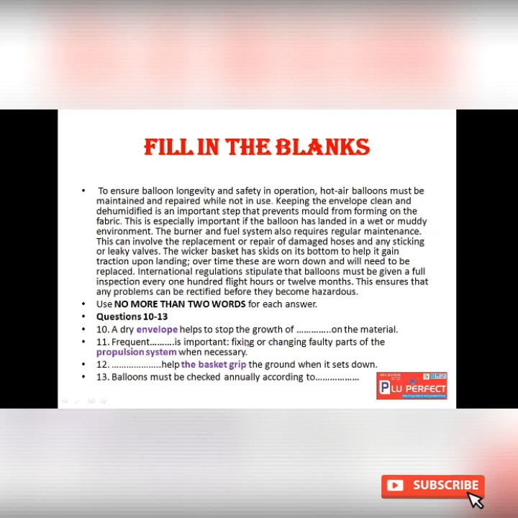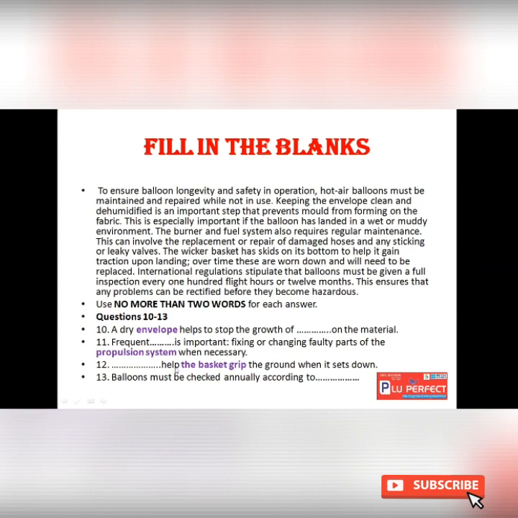Maintenance. Rest of the information, fixing here is repair, replacement is changing, faulty is damaged. That information is already given. Okay, so basically, for my answer, I have to look for the word frequent or its synonyms. The synonym of frequent is regular. So what is required or important? Maintenance. Okay, let's move on to the next question.